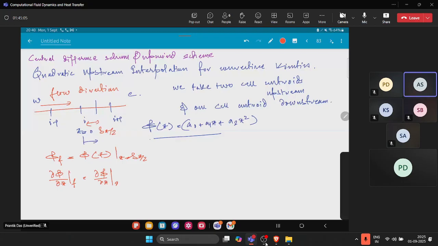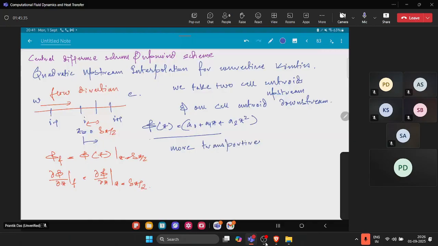Sir, the purpose of taking 2 points upstream, that means we are giving more focus to the direction. That is why, right? That is the purpose. Yes, more transport. Okay, more weightage is given so that your transport increases. Okay,